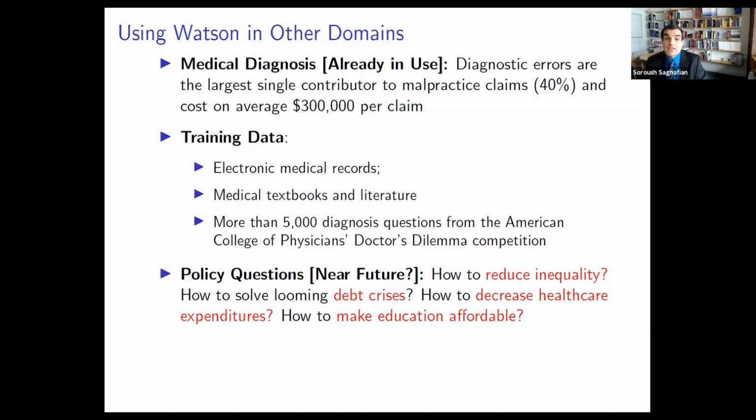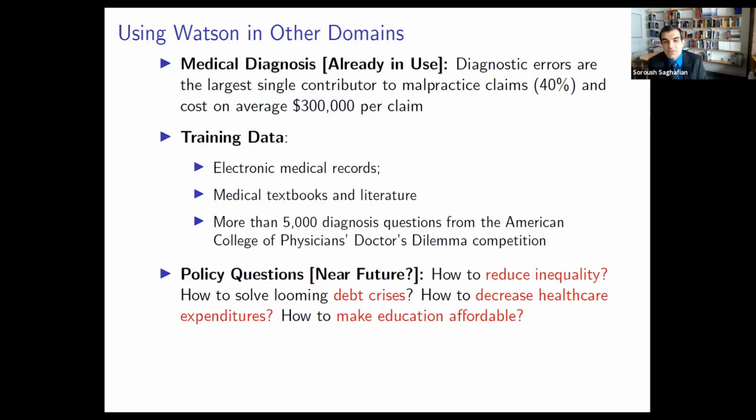But what is important is that I believe in the near future, we can go to IBM Watson and ask these big policy questions. If you want to reduce inequality in the US, what would you do? How to solve the looming debt crisis? How to decrease the healthcare expenditure? And how to make education affordable? These are some of the important policy